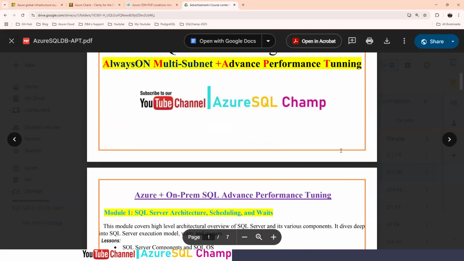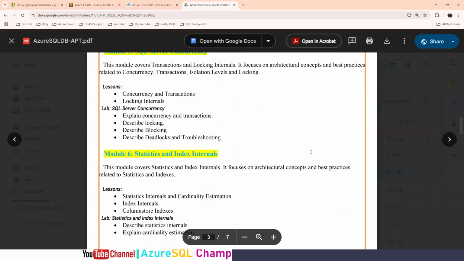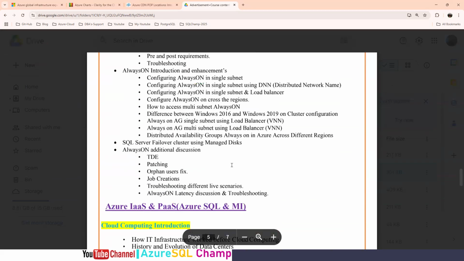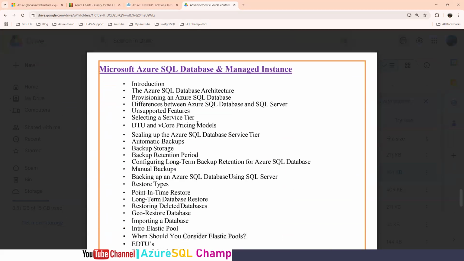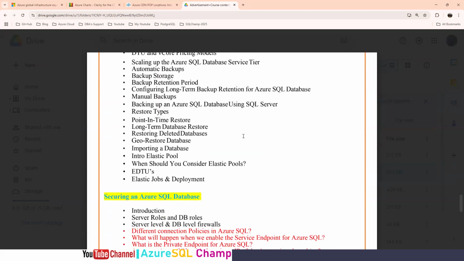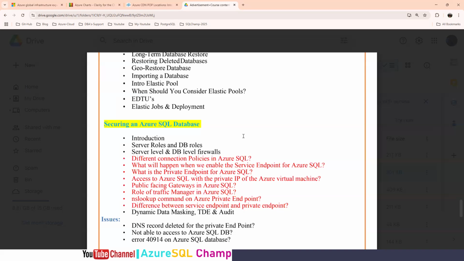Sure. Okay. Now we are going to discuss Azure SQL database, which is very important for us. Azure SQL database, how backups and restores work. Again, we will compare with the on-prem only. So what is the difference you will see with Azure SQL database? All the stuff we are going to discuss. Almost 1 week we are going to spend on Azure SQL database, and security is also very important. So we are going to discuss much about security in terms of Azure SQL database.